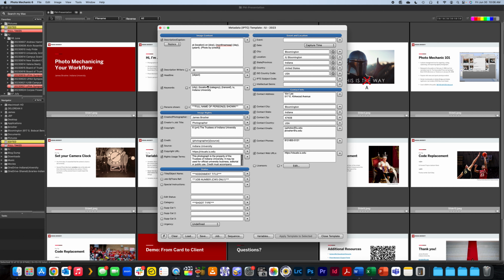I'll start up here in the caption field. I like to pre-write my captions, at least half of them. And so when it's written to the file during ingest, basically all I need to do is write half a sentence describing what's going on in the photo. So for example, this is the Bloomington Economic Development Corporation luncheon. So I'm going to type during the Bloomington